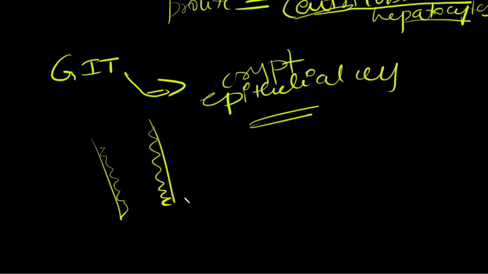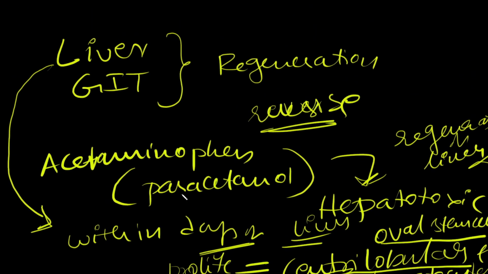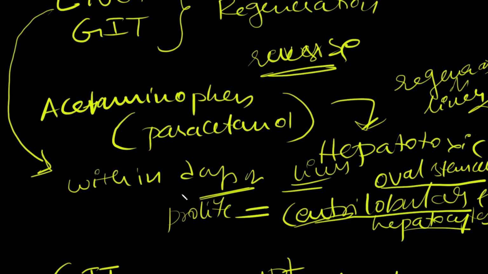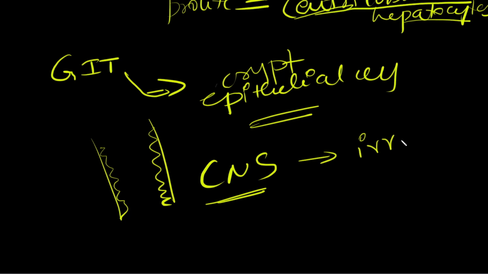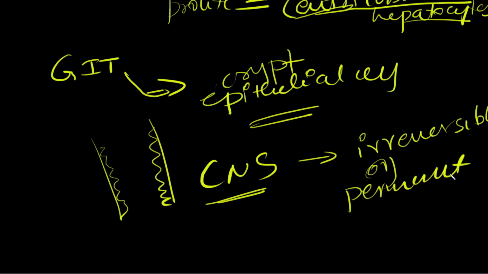So these are a few examples. For example, damage caused to the liver and GIT can be easily reversed because of the regeneration capacity of these organs. Whereas the damage caused to nerve cells, for example, damage caused in the CNS, is almost irreversible. It's a kind of permanent damage. For example,